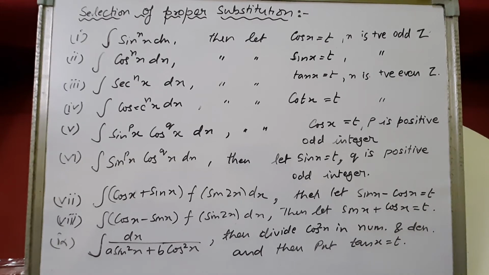Alright children. The next point, integration of dx upon (a sin square x plus b cos square x). What we are going to do here, how we are going to simplify, we are going to divide both numerator and denominator by cos square x. And after the division, we are going to substitute tan x as t. We are going to assume the value of tan x equals t. Then sec square x dx will become dt. Numerator will get sec square. Okay. Note down all these points first, and we'll do the sums based on these points afterwards. Right? Note down please.